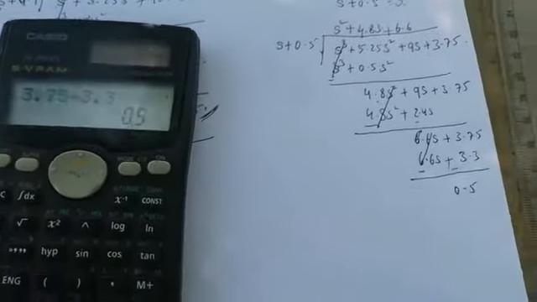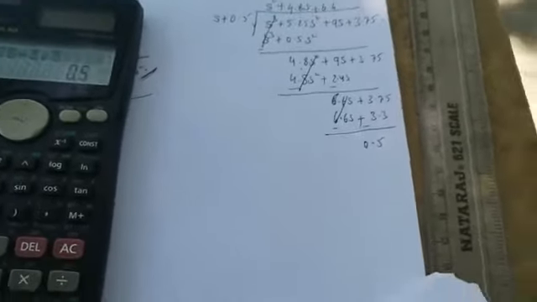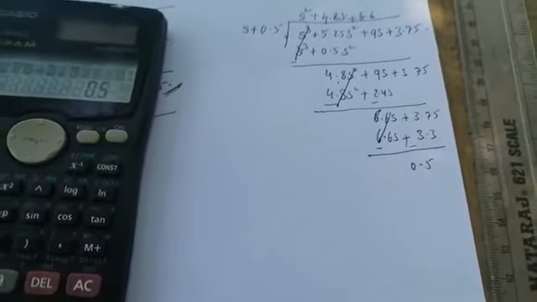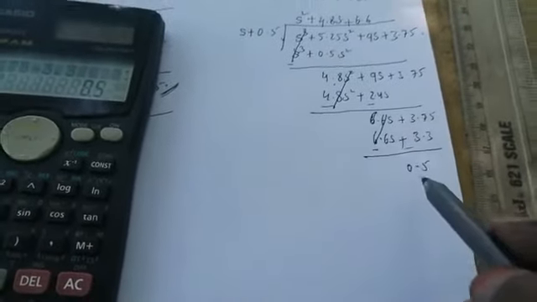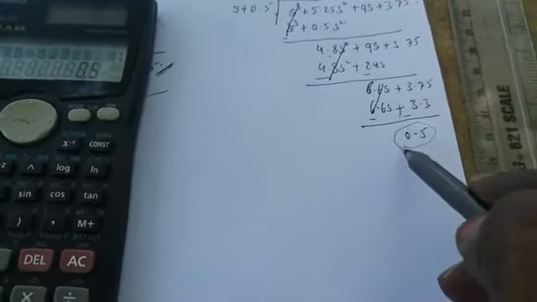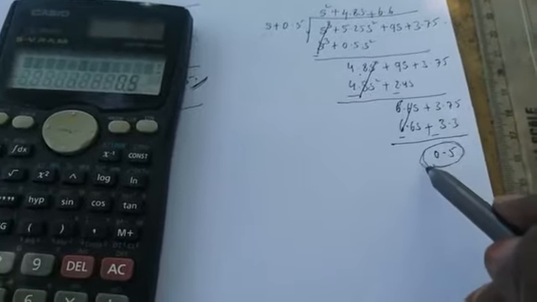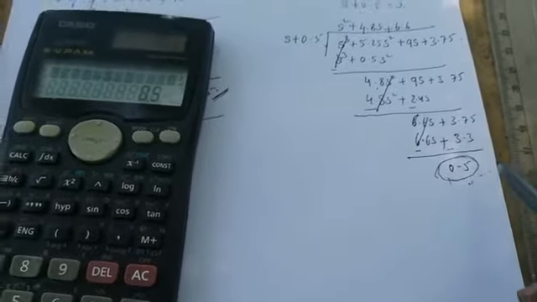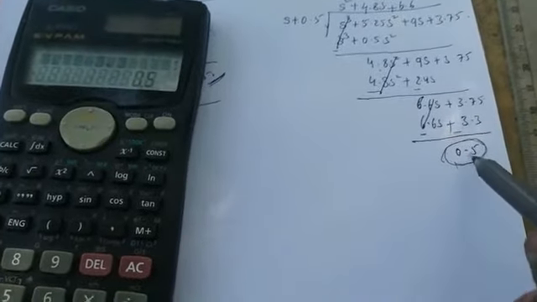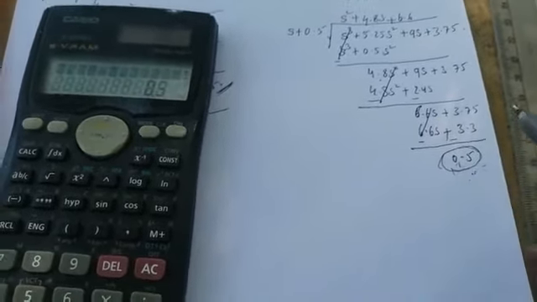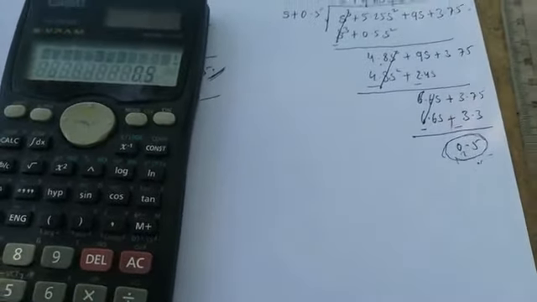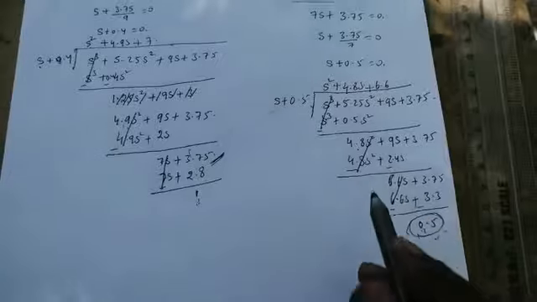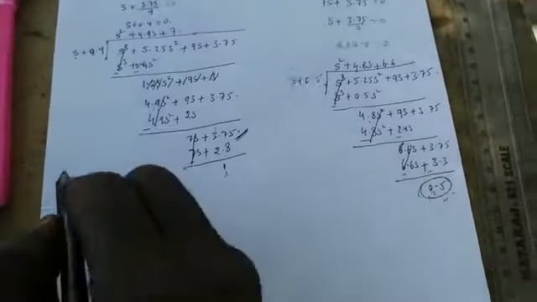So again it shows a higher value. The value coming here should be the least value, nearer to 0, like 0.01, 0.02. So it should be a two-decimal value, but here we obtained 0.5. So what we have to do is go for the next trial, that is trial 3. Now we will go for trial 3.